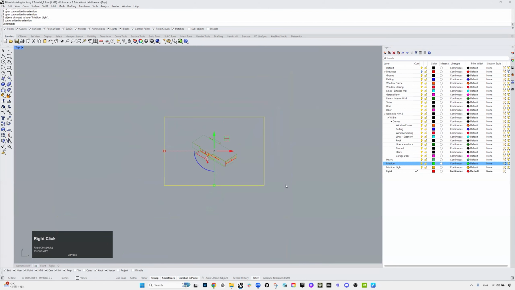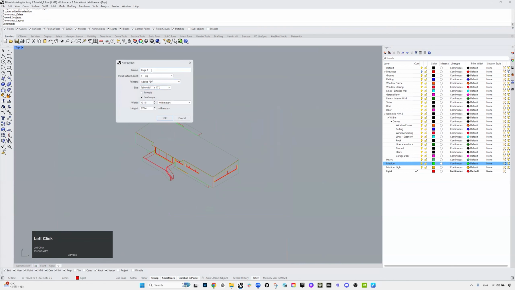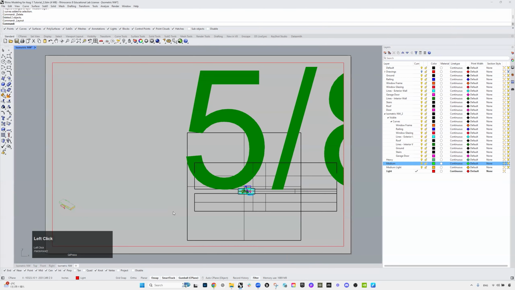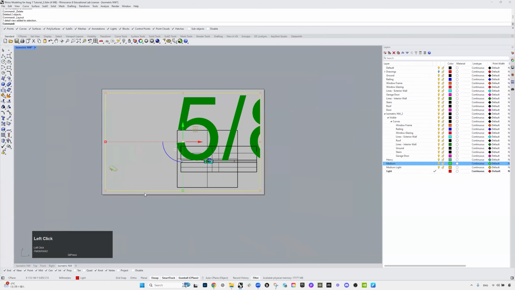And then I don't need this frame anymore, so I'm just gonna delete that. And I'm going to create a new layout. And I'm gonna call this isometric northwest top. Yes, PDF 11 by 17 landscape. Inches 11 by 17. Click OK. So now I have this